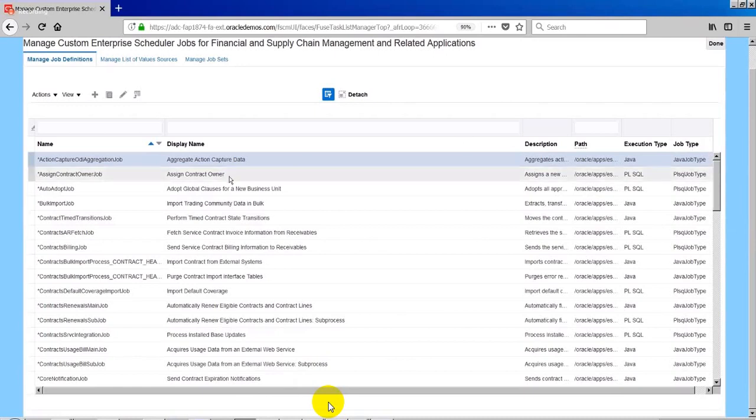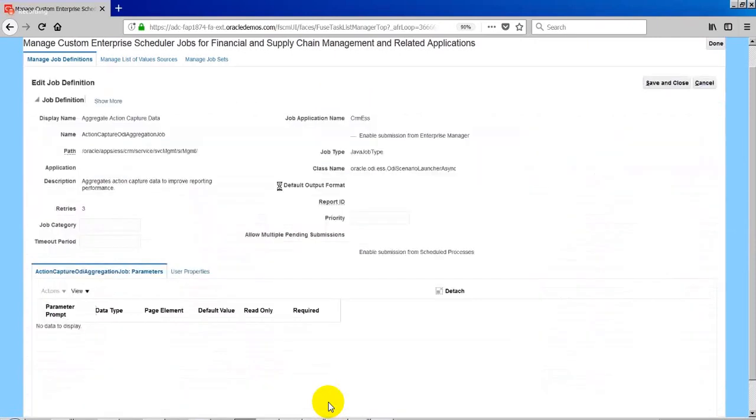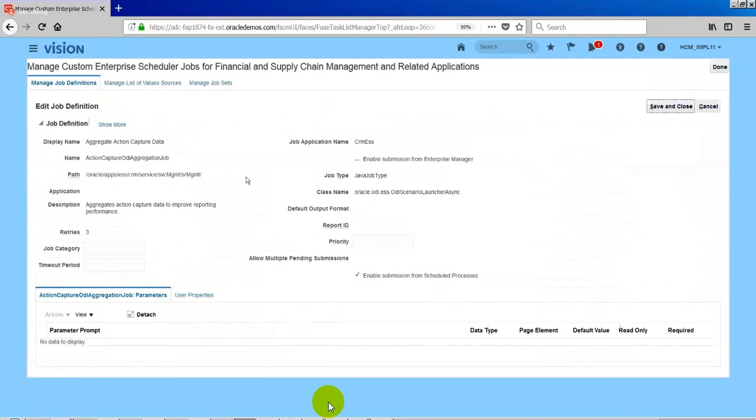So if you open up any existing job, here we are registering a job. Whatever program you have defined, in this case my job is aggregate action capture data.